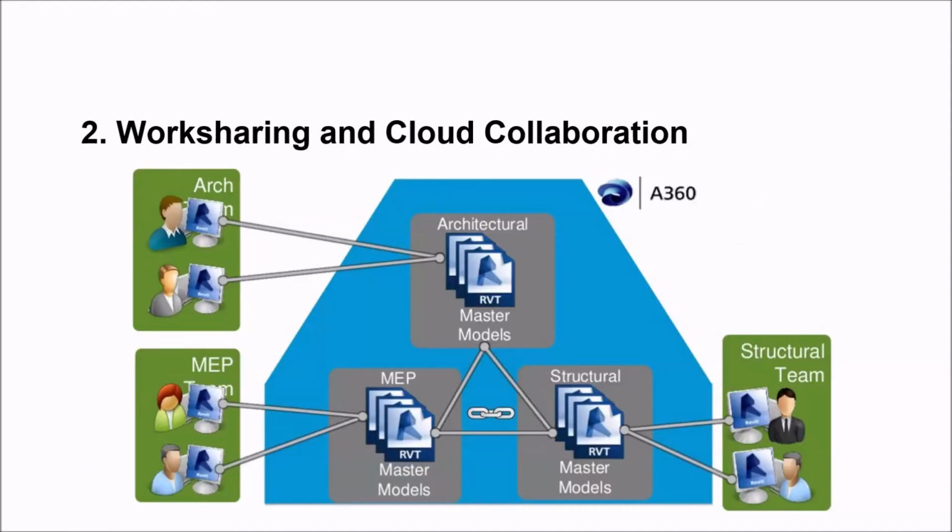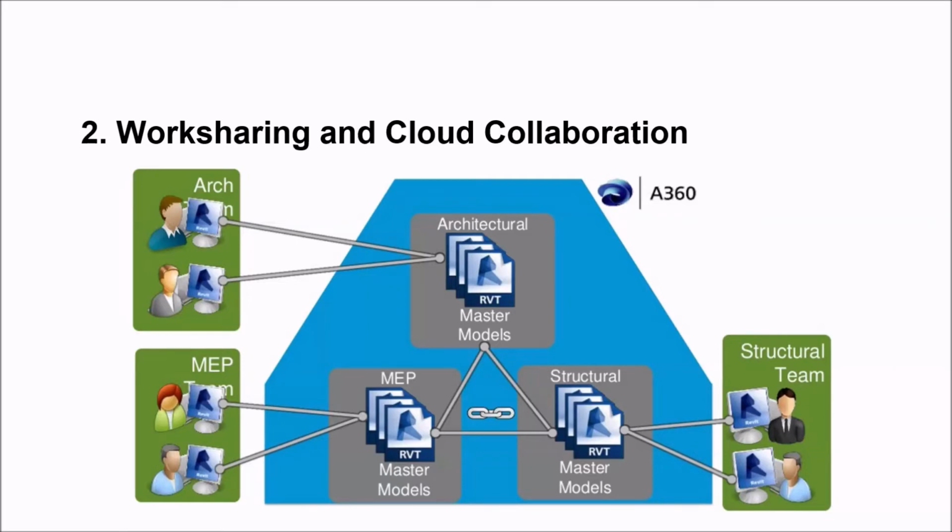Utilizing cloud collaboration, Team A and Team B no longer need to save and send their files, download them, and relink them on a regular basis. If everything is live on the cloud, the teams can simply synchronize and reload each other's live models. If projects are in earlier stages of development or due to other reasons, teams desire to share updates to their models with other team members at key intervals and not have their working models be live, there are options and controls that allow for their models to be published at regular intervals.